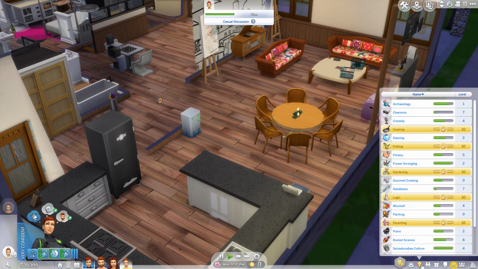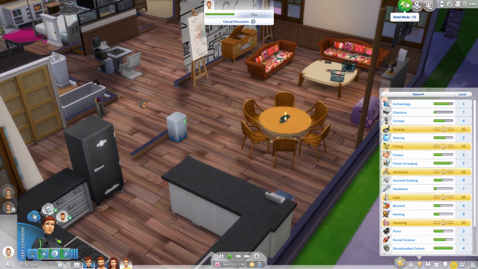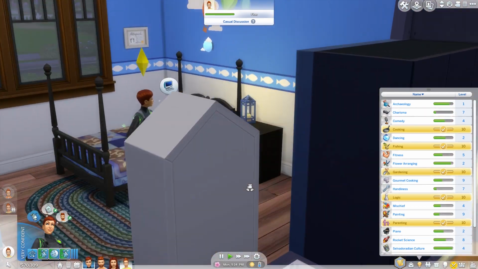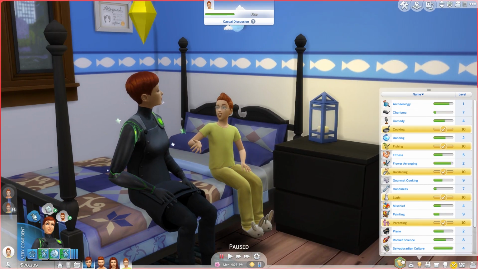Let's see. Where is she? She's just over halfway through level 8 of rocket science skill. I could go in and check the lot traits here and add that as one. But I don't want to do that when she's in the middle of doing things with him. I really want to keep this... she's in full... Of course she's in...